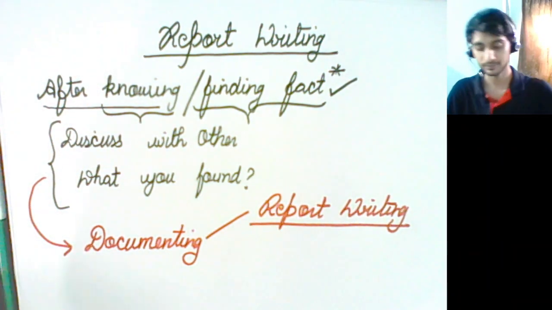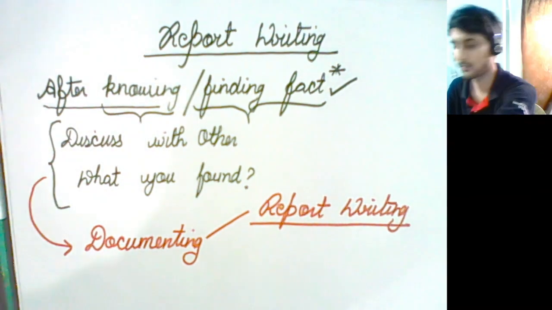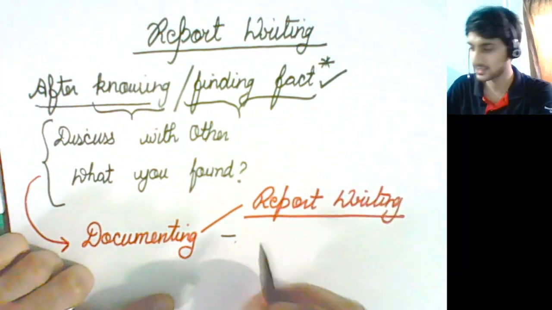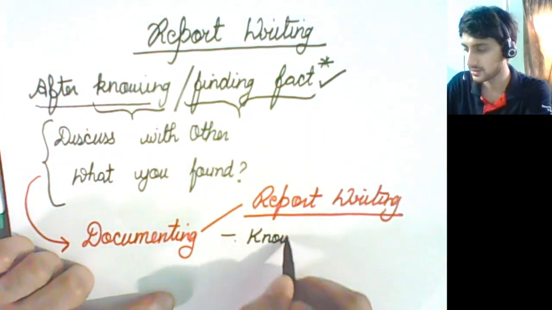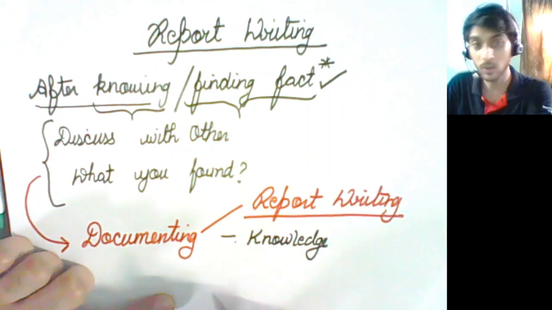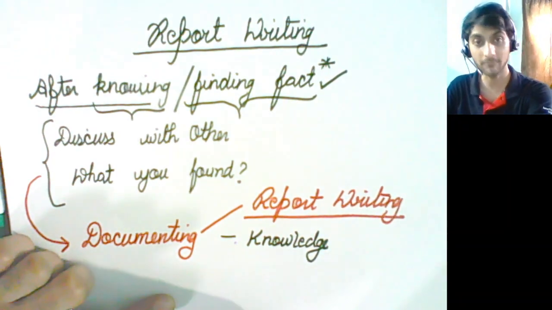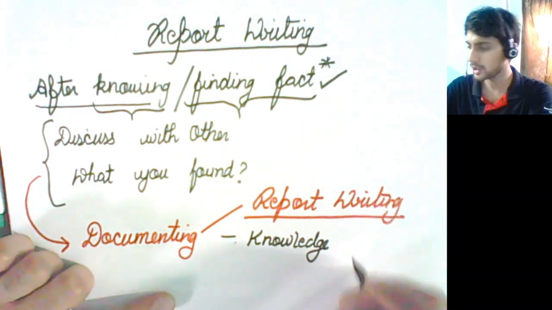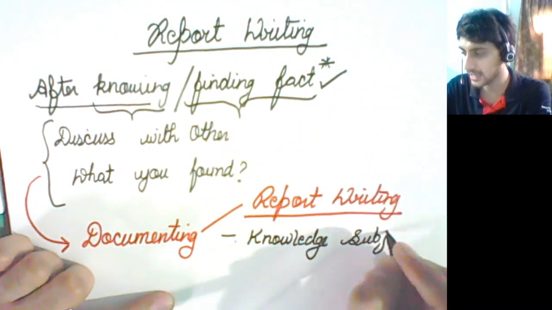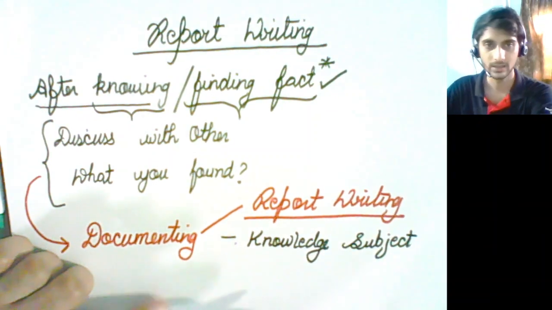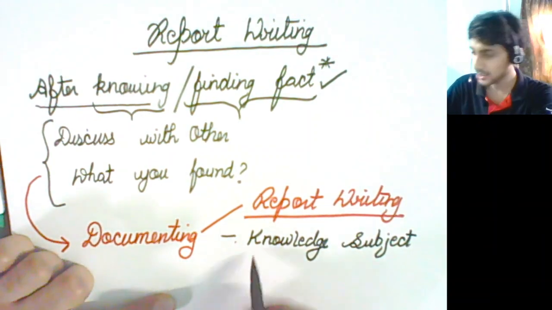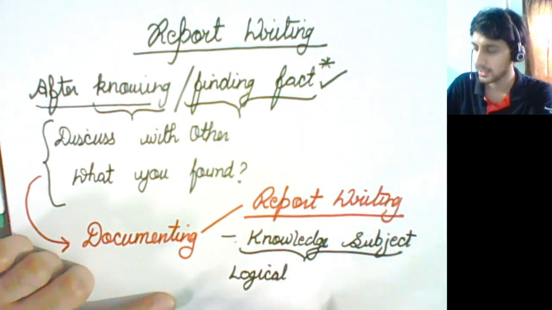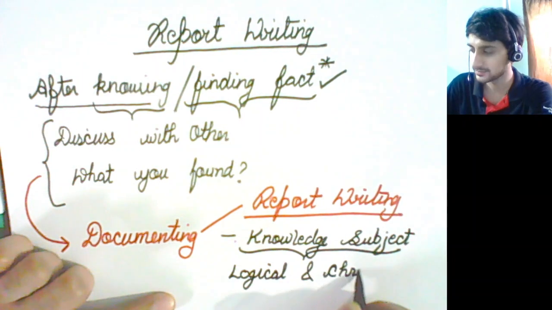Like, you should have at least the knowledge of the subject. So, subject knowledge on which you are working. You have already defined the problem of research, which you have actually surveyed and experimented on. So, the knowledge of subject is really important and comes as a prime first step in order to write a report. And you should have a logical as well as chronological